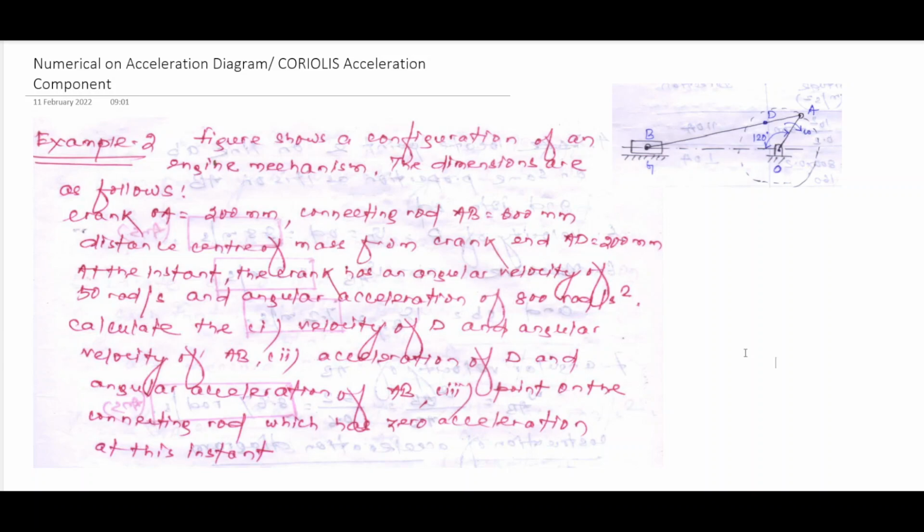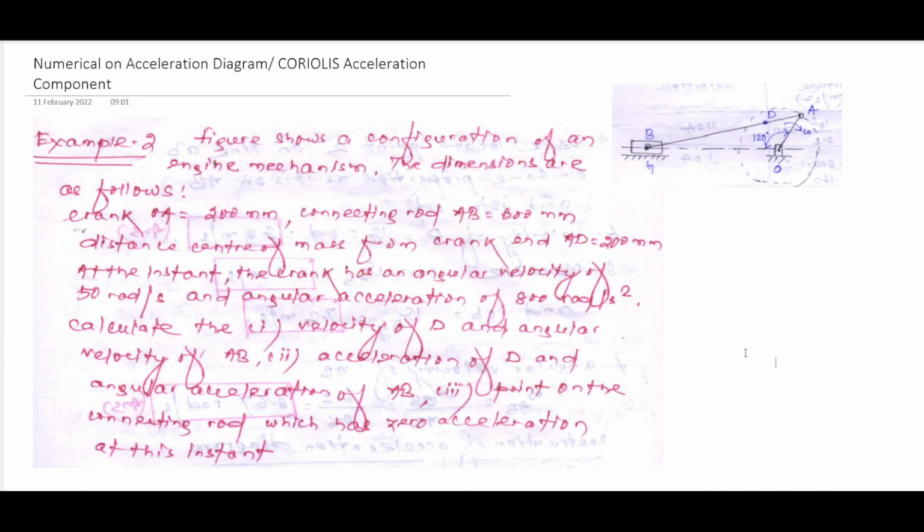Connecting rod AB is 600 mm. The distance of the center of mass from the crank end, that is another point D, is given, whose location, AD, is given as 200 mm. At this particular configuration, the crank has an angular velocity of 50 radian per second clockwise,